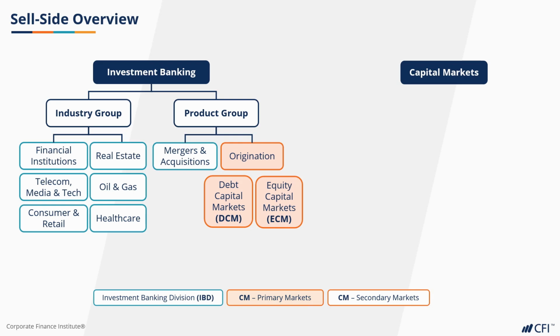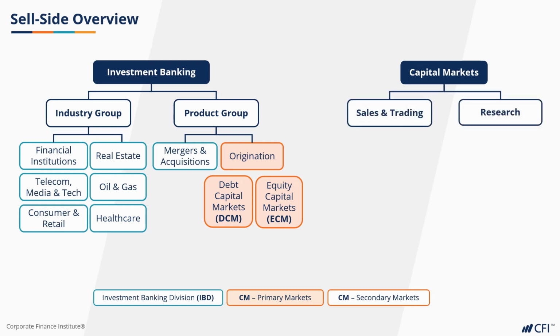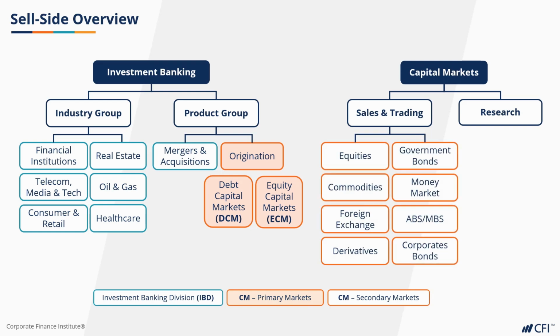This team straddles the line between IBD and capital markets for many reasons, and you will learn why as we continue through this course. Moving over now to the capital markets side of this diagram. This division houses sales, trading, and research. You will often hear the term S&T for sales and trading. Within S&T, there are several teams, commonly called desks, with each desk being dedicated to specific asset classes. Research is similar, but slightly more broad.